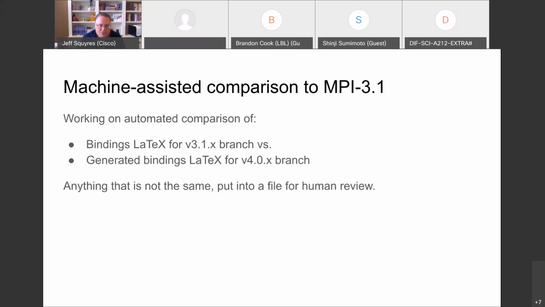We're not trying to make this tool be too clever. And human, go figure it out and see if that is correct, if that falls in the realm of someone made an error or this is a clarification above 3.1. Someone just needs to go look at this and determine whether it's okay or not.